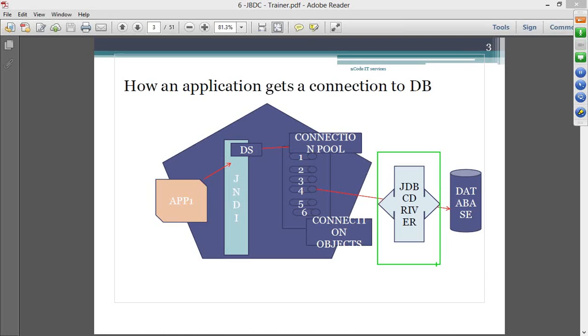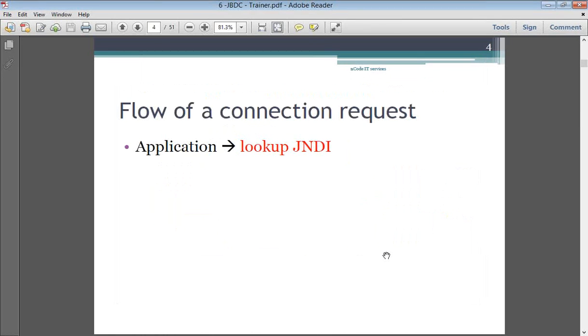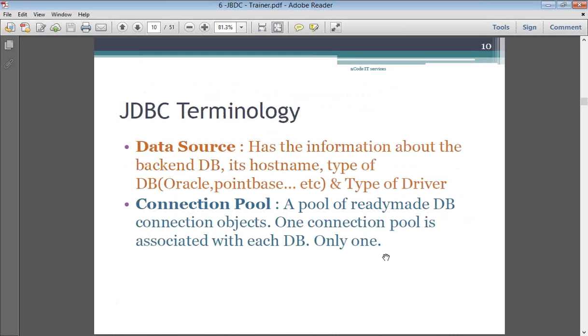Means the four types of drivers are not developed at a time. It's not something like you have in 95 there were type 1, type 2, type 3, type 4. There is no such thing. In 95 you got only type 1 drivers. They were enhanced, then they called it type 2 drivers. Then they were enhanced further, they were called type 3 drivers, and currently we have what are called type 4